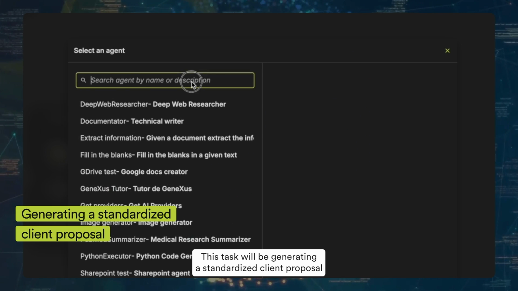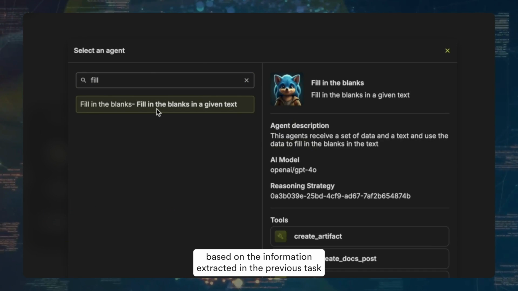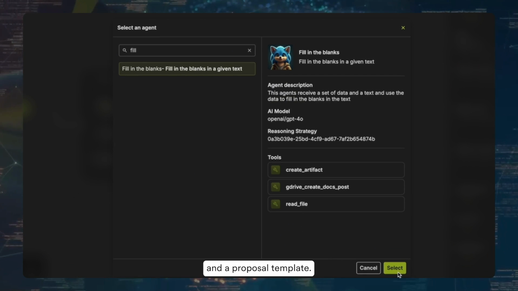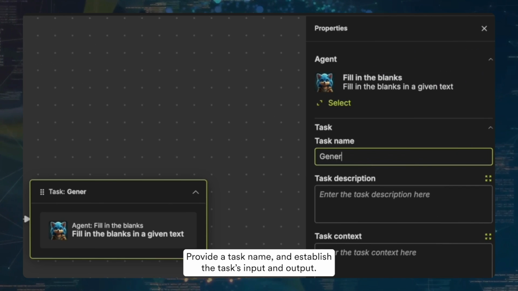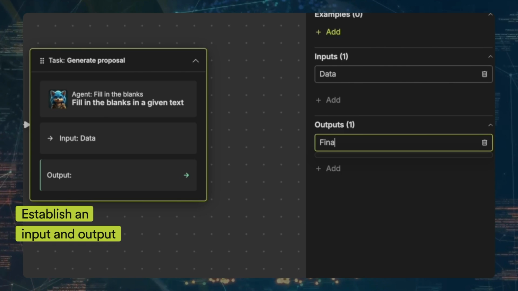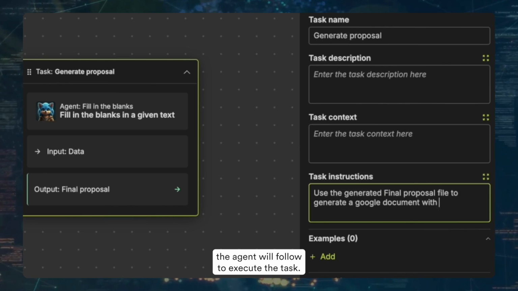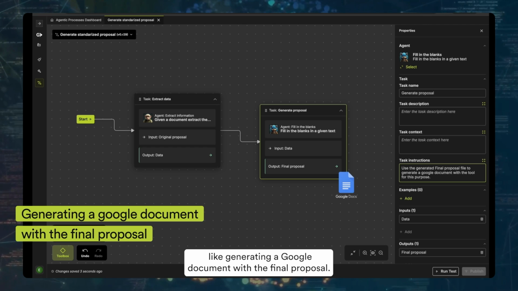This task will be generating a standardized client proposal based on the information extracted in the previous task and a proposal template. Provide a task name and establish the task's input and output. Finally, define a set of instructions the agent will follow to execute the task, like generating a Google document with